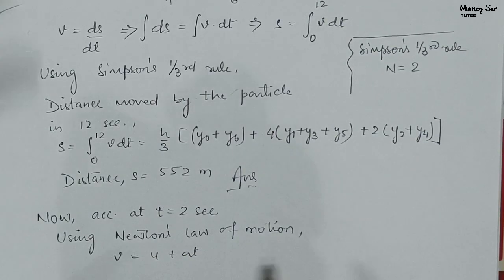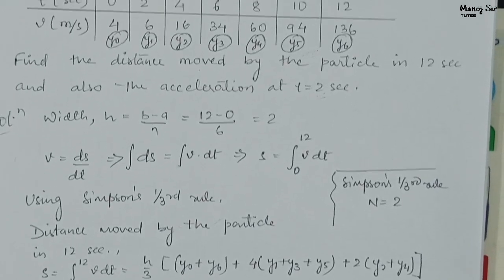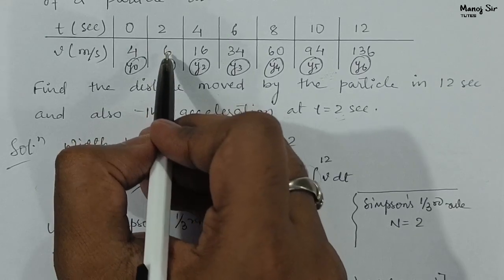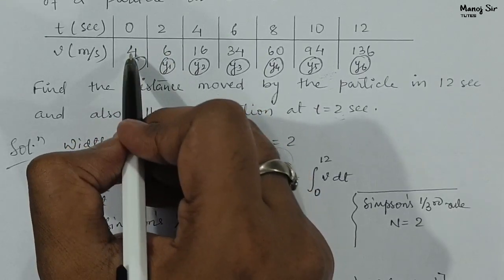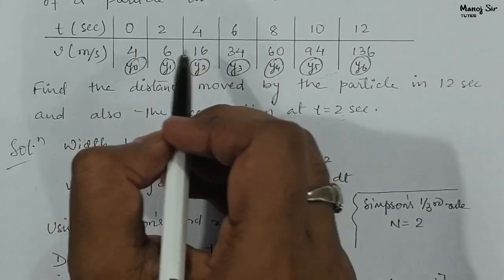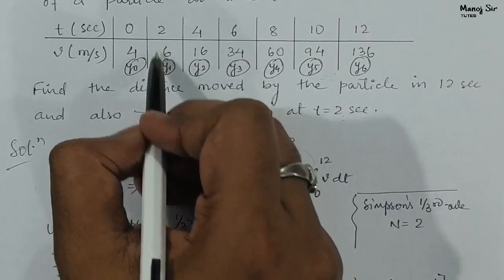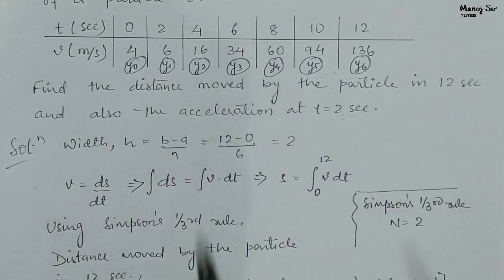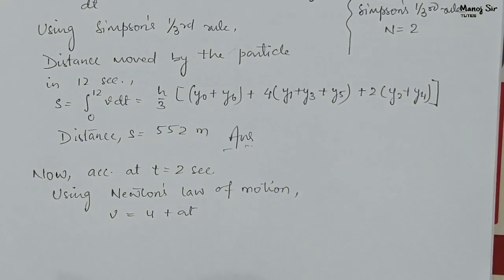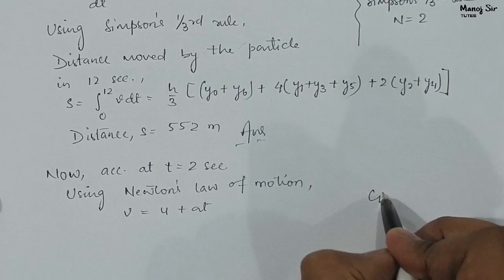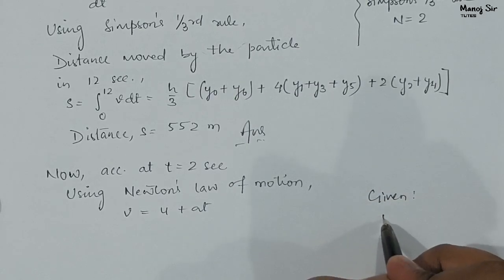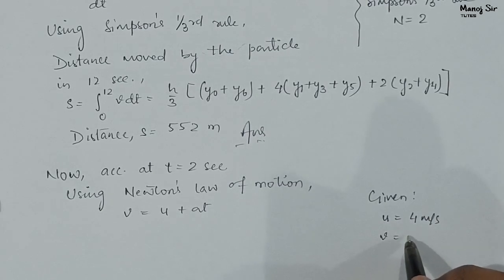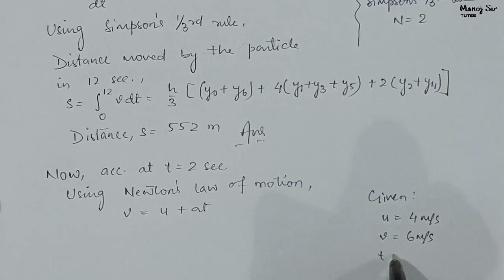Okay, now we are taking t equals 2 seconds. Here you can see at t equals 2 seconds velocity is 6. So this will be the final velocity and this will be the initial velocity. I repeat this once again. We need to find the acceleration at t equals 2 seconds. That means this corresponding velocity will be my final velocity and this value will become the initial velocity. Okay, so here we can write, given initial velocity, that is u equals 4 meters per second, final velocity, that is v equals 6 meters per second, and time, that is 2